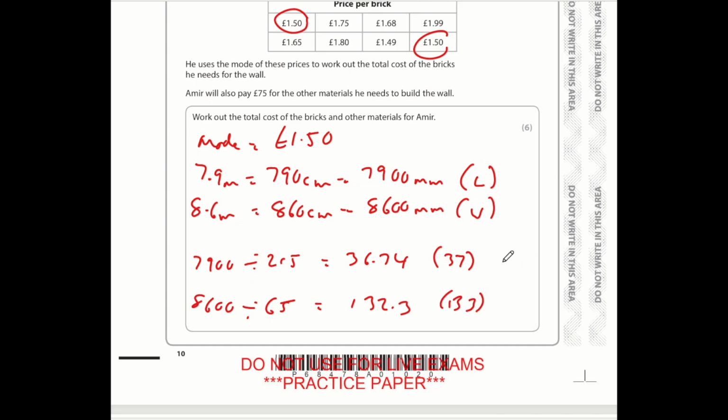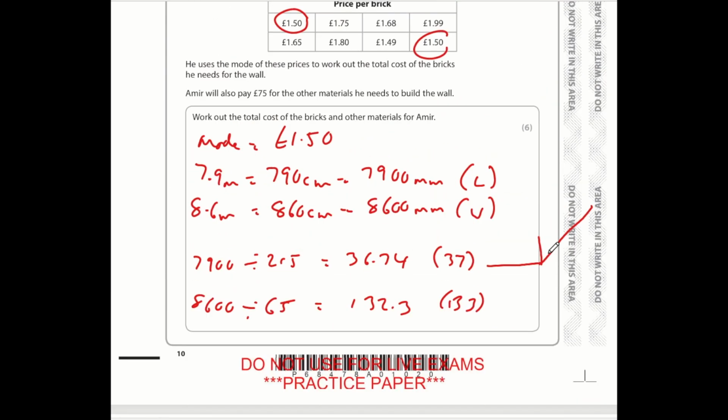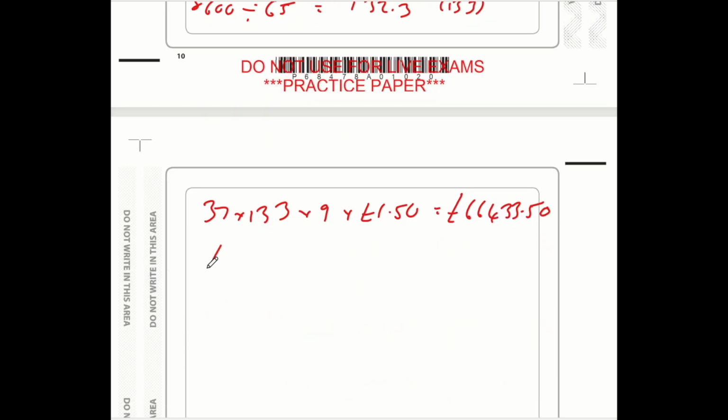Okay, so we need 37 bricks in this direction, we need 133 in this direction, and we need 9 going up. So the total number of bricks is going to be 37 lots of 133 times by 9, and that's going to be times by £1.50 because it's 150 per brick, and that comes to a total of 66,433.50. And then the strange kind of extra bit, we just need to chuck in another £75. So all I need to do is add £75 to the